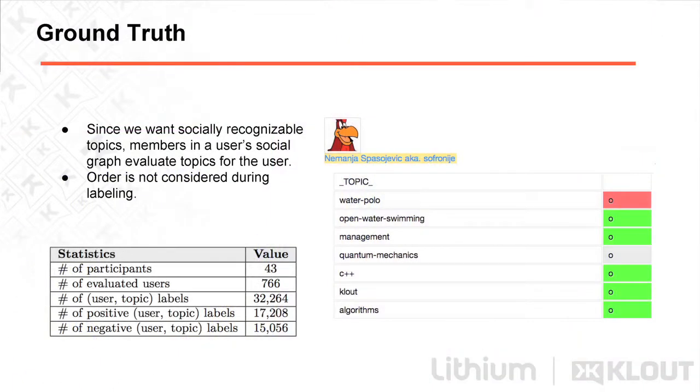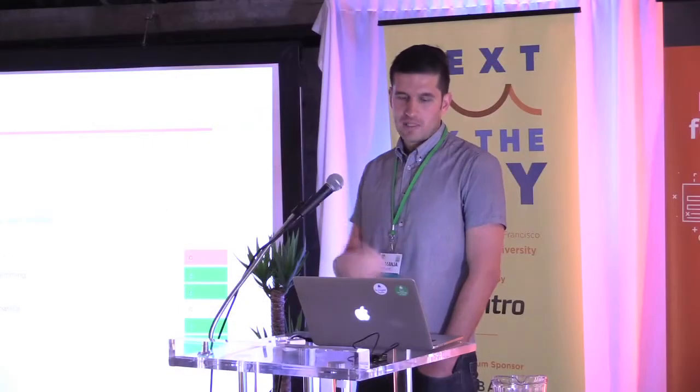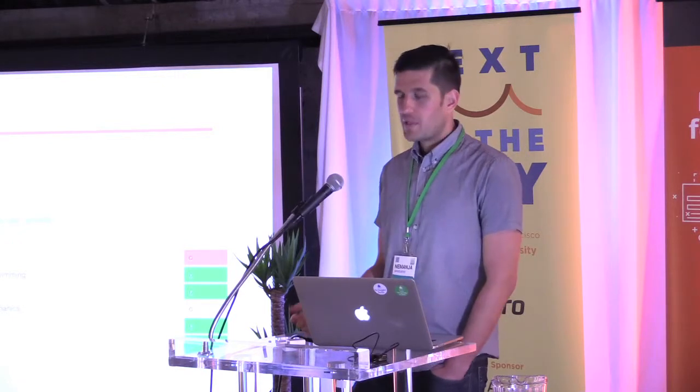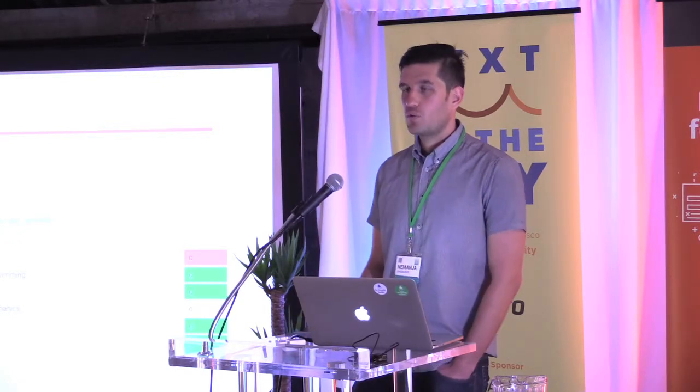And then the ground truth. One of the main problems is how to even get the ground truth. In this case, it's not easy, because for a given social network user, who may or may not be a high influencer, you need to be able to label some topics. So we built a small web tool where all the employees within Klout could go